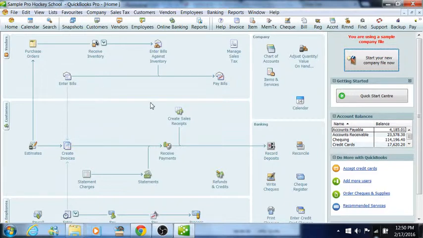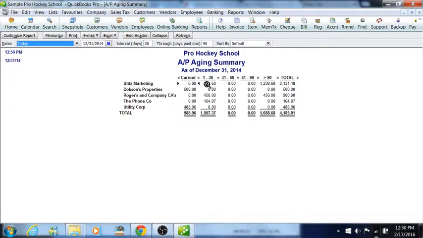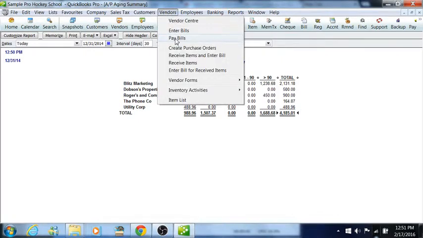And then if you want to see who you owe money to, then for any reports you want to look at, you have to go up to reports, and then of course you go to vendors, and then you can do your vendor balance summary or your aged. I usually do the age summary, and this is again the sample company, so it's just a sample of what, there's the one I just entered, the 500, and then this company owes this amount to all of these people. So for instance, if I want to pay, say, Blitz Marketing, then I would go to vendors, pay bills,